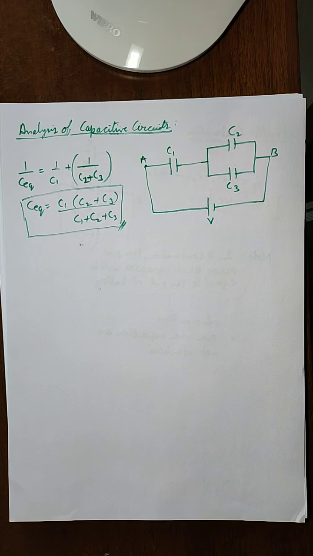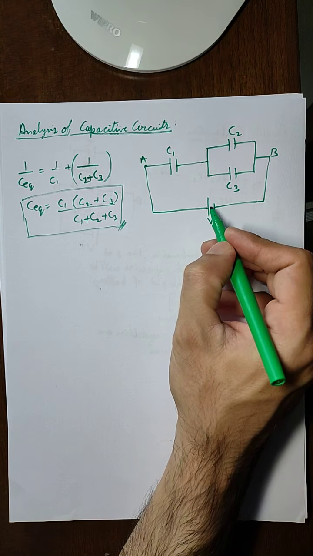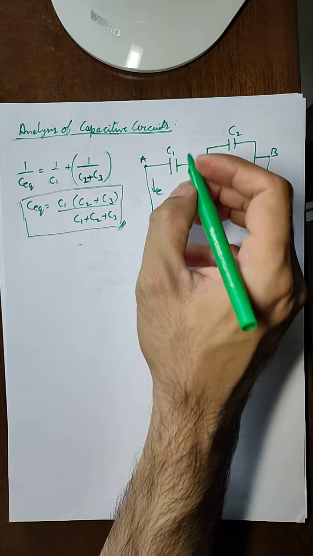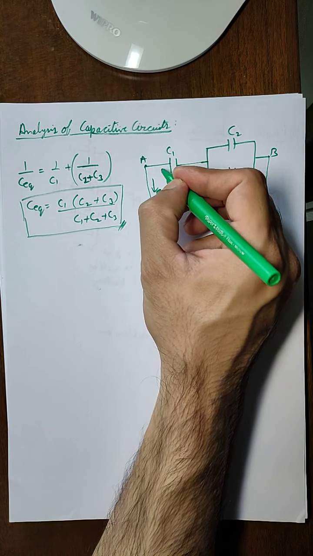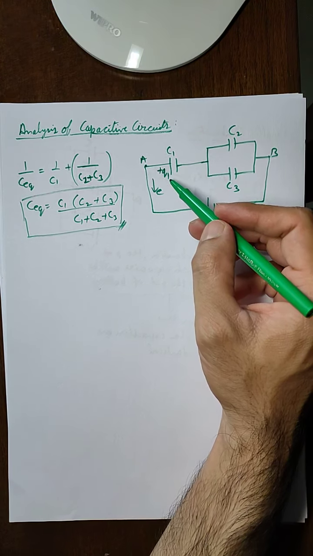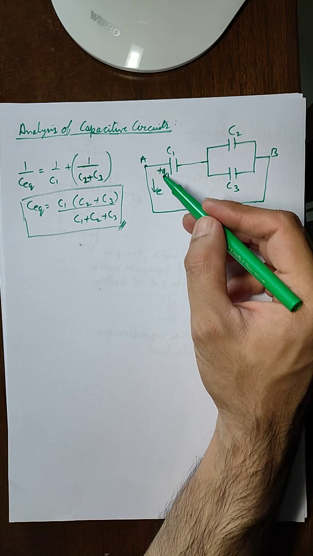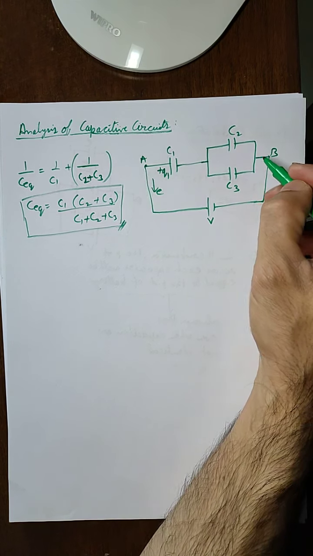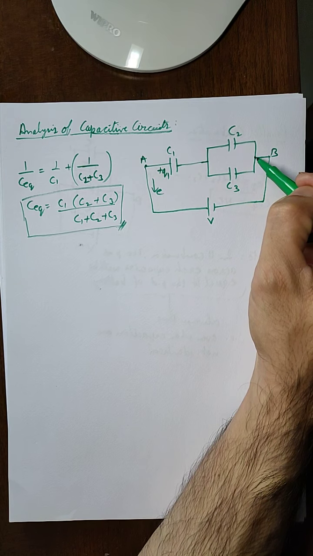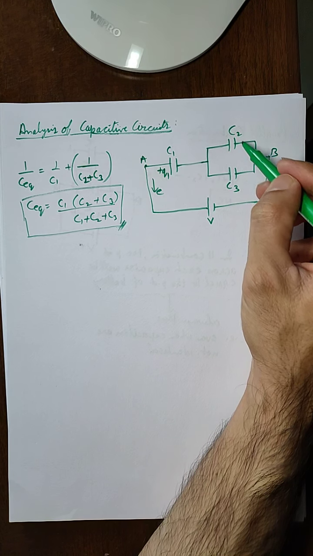Now the next thing that we should see is how the charges are distributed in the various capacitors. Since the battery is generating charge on this capacitor, pulling the electrons, let us say that this battery generates a positive charge of plus Q1 on this plate. Now the negative of this positive charge is generated on this terminal, on this junction. So here it will be minus Q1, which is divided between C2 and C3.